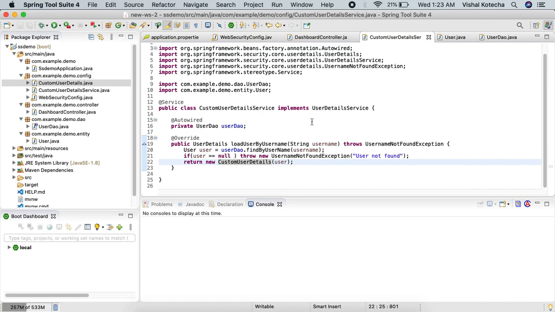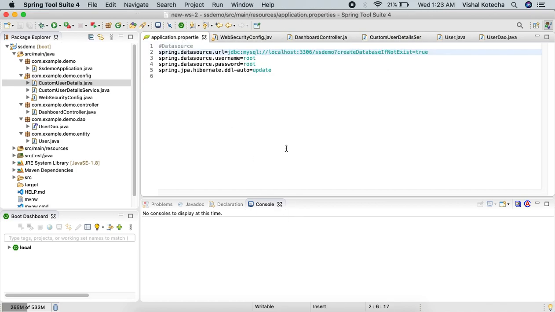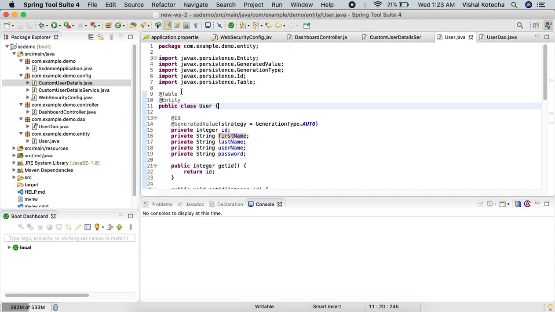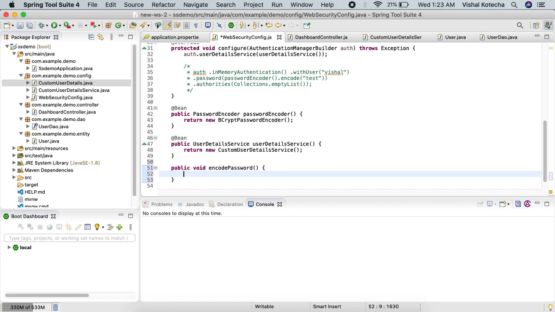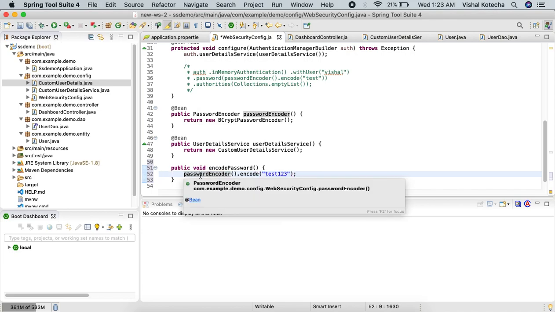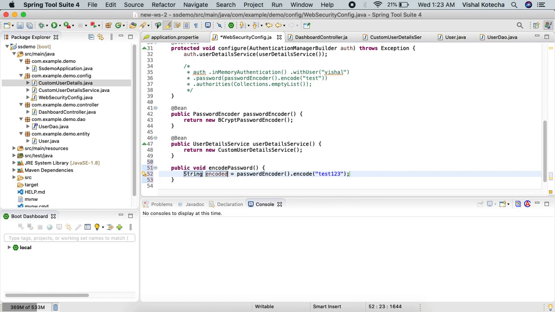So now in order to perform authentication we need to have a record in the database, but till now there would be no record. So either I have to create one API to create a user, or I can use some shortcut like this. So I'm going to perform a quick shortcut. I'm going to say public void generate or encode password. I'm going to write this method over here, and I'm going to say passwordEncoder dot encode, and I'm going to say test123 maybe. So I want to use this password, but it has to be encoded first. So control, encoded password,